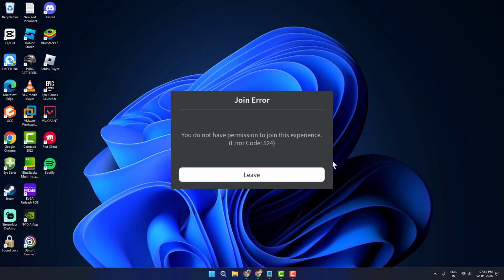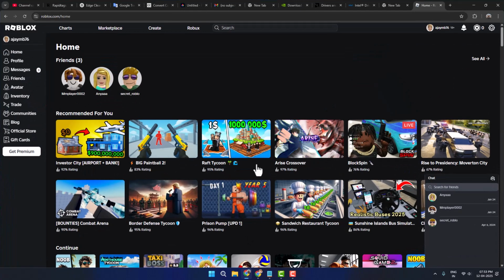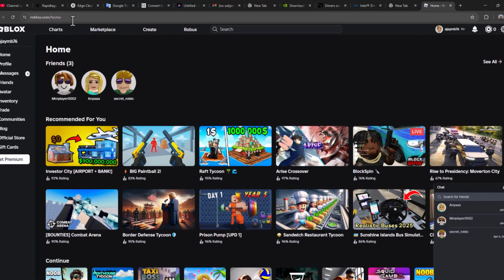Today we are going to see how to fix Roblox error code 524. Let's fix it, guys. Method 1: you just need to navigate to the roblox.com website and log into your Roblox account